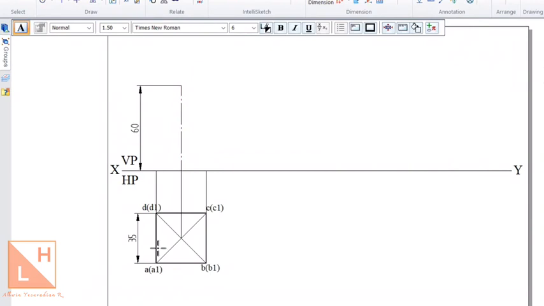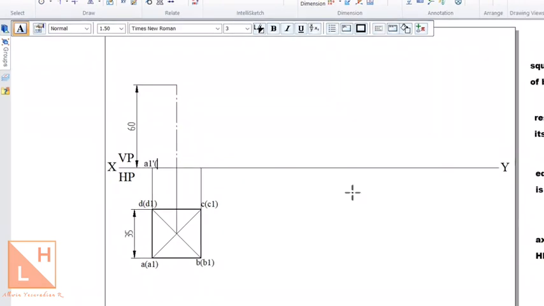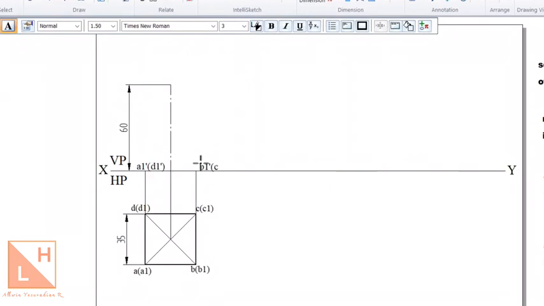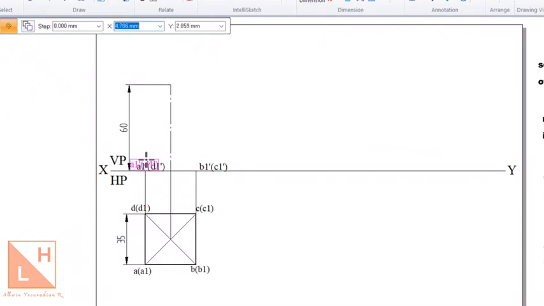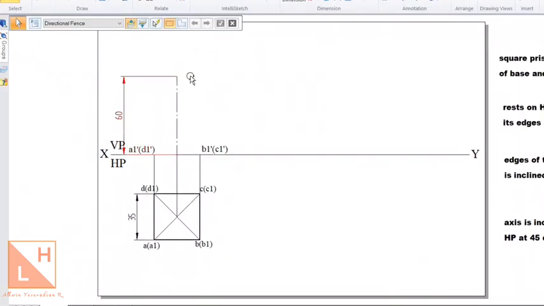So we'll name the bottom face now, that is base edges. So this point will be named as A1 dash, and within the bracket you will have D1 dash. Because concentrate only on the base points that is inside the bracket, forget about the top face. When we are drawing the top face, we'll concentrate on that. So only the points which are in the bracket. If you look at this edge, A1 is the first point looking from bottom to top direction, and next we will find D1. So A1 has to be written first, D1 has to be written in the bracket. So here we'll name it as B1 dash, and within the bracket we'll have C1 dash. You will find that the bottom face is generated in the front view.